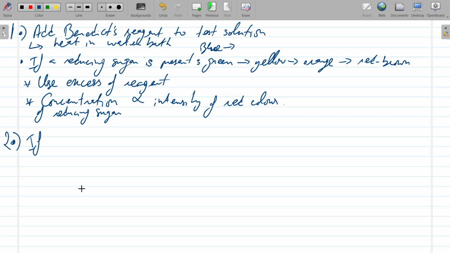If there is no color change, that means that the sample that you had was non-reducing, which means it's either not a monosaccharide or maybe it's a disaccharide like sucrose. So what you do